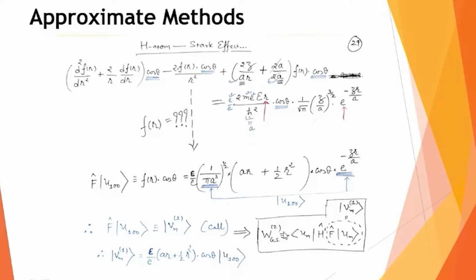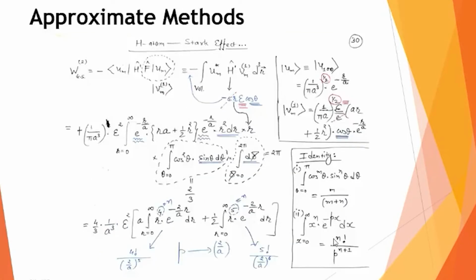And don't forget, our aim is to obtain this ground state energy, which is a second order correction, and therefore we need to obtain this matrix element for the H dash f product. Out of that, this f u part together we can write as V m1, which we have already obtained. So now in this next slide, we will simply use this expression fully, and we can actually do this integration, we can do this calculation.